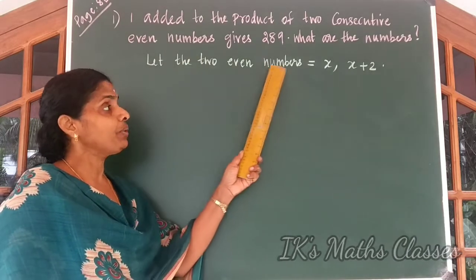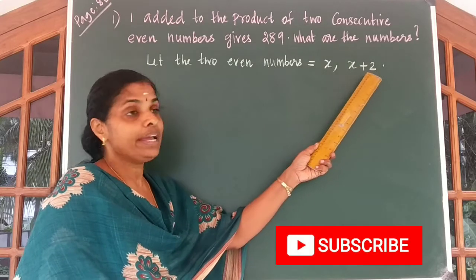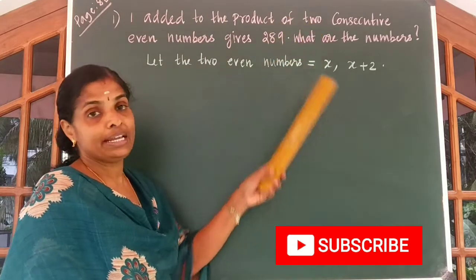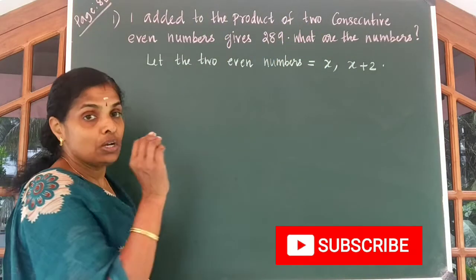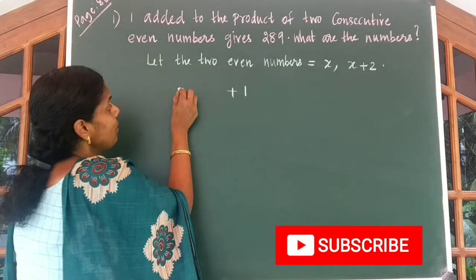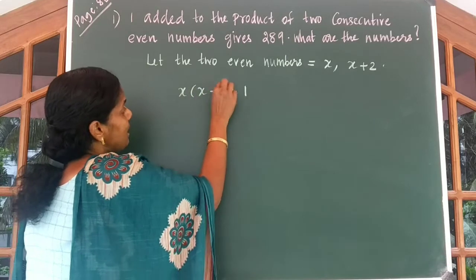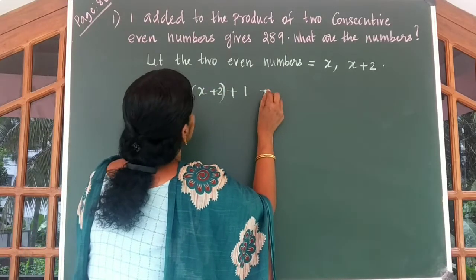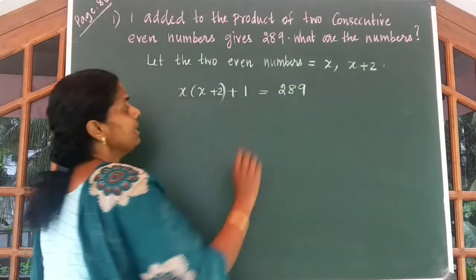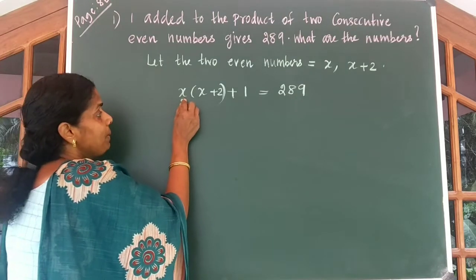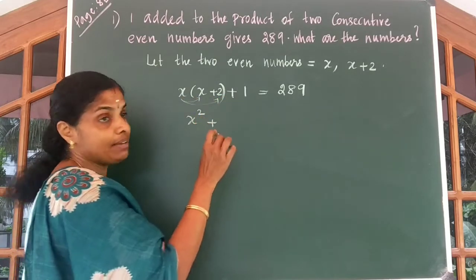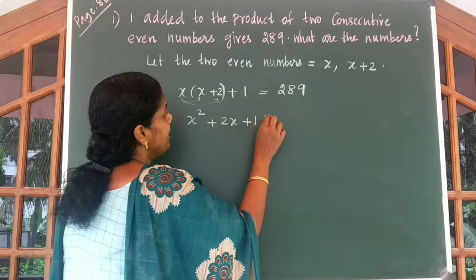So I took the two even numbers to be x and x plus 2. Okay, now use the condition. 1 added to the product of two consecutive even numbers. So what we are doing? We are going to add 1 to the product of two consecutive even numbers, and we are given the product is equal to 289. In the next step, we can multiply x with x. We get x square plus x into 2 gives you 2x plus 1 is equal to